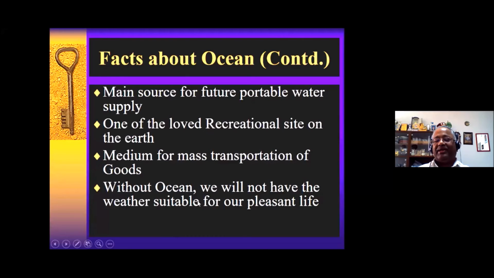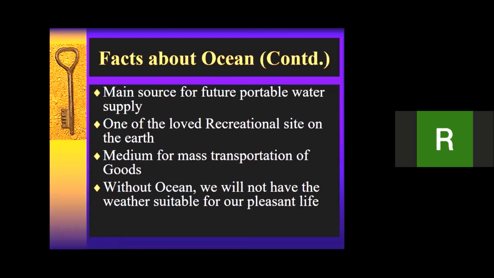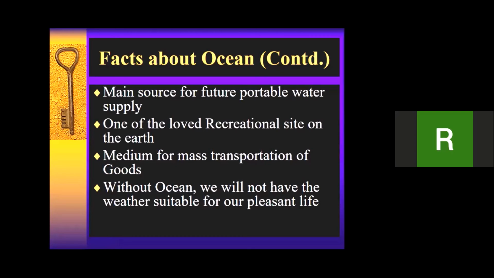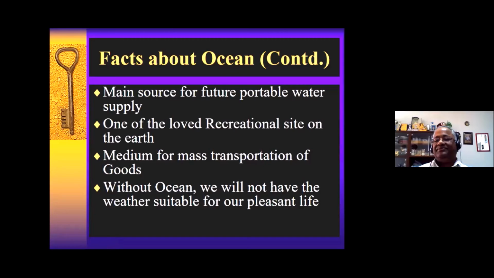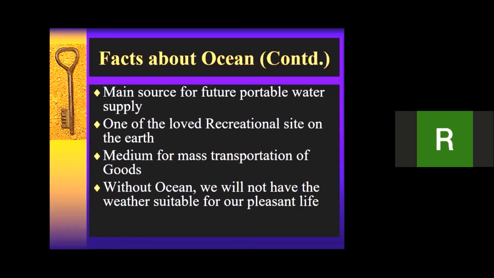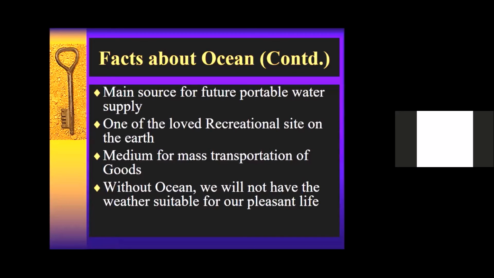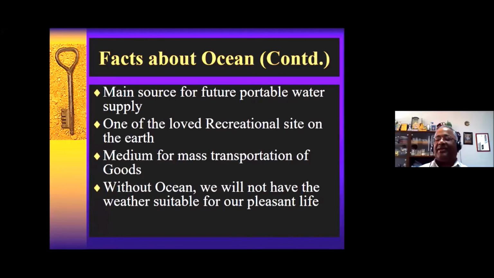And you know, last but not the least, without ocean, for example, if I remove the ocean completely, if I drink all the water from the ocean, what will happen? Anybody imagine and tell? We won't get rains. Okay, fine. Then there won't be temperature control. Why? You are right, but why? The water absorbs the heat from the sunlight.